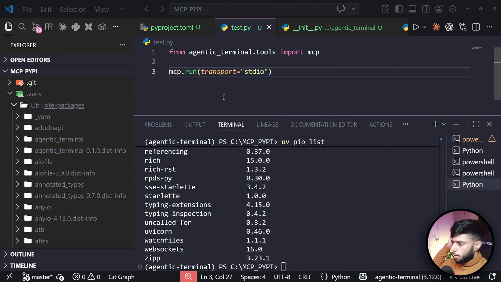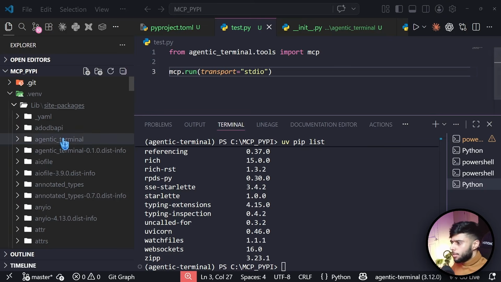The issue is very simple, and by the way, nothing is wrong on our side. So remember when we downloaded the agentic terminal, how did we download it? We literally added the module using -e, which means edit mode. That means whatever changes you make are live changes, reflected in the module, because this is a very generic practice in the development environment. But obviously we do not want that, because we are done with our development. So we will simply install the final version of our wheel, and we do not want any kind of live